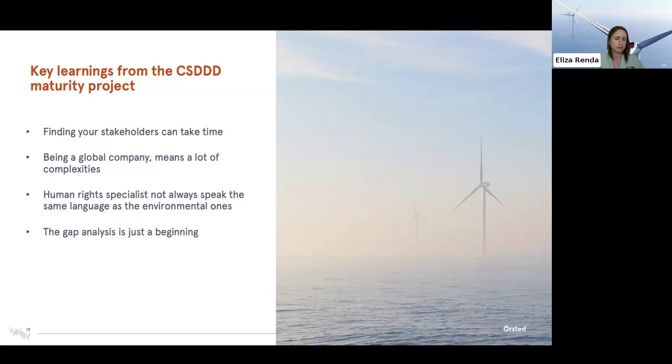One of the key learnings, and that also reflects a little bit the point in time when I came into the organization, just a few months before we started the pilot, is that finding the key stakeholders took a lot of time for me. But it was also very important, both for the pilot and for integrating into my role. If I should give one good tip, it is to start small and then expand your stakeholder landscape. The core group doesn't have to be big to make the first steps, and it's very important to have the ones that are the closest to the process.